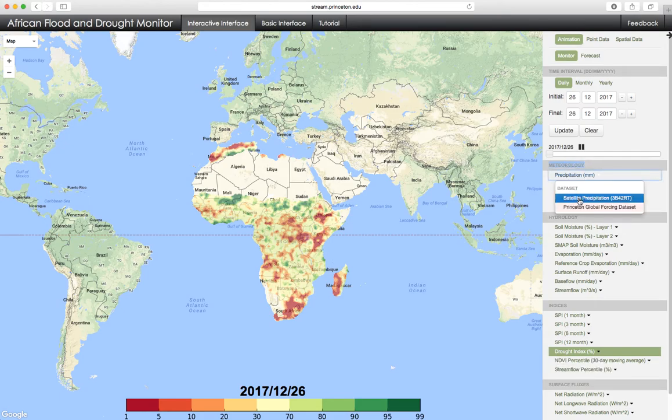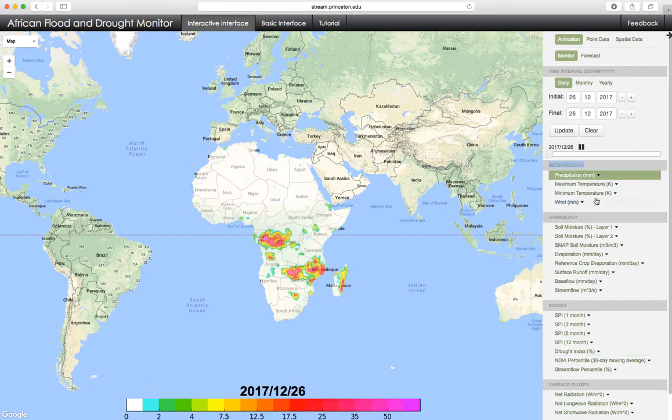And for the data set, we're going to select this satellite precipitation variable. So when we click on that, things change on the map. And we see that there are signals or areas over Africa showing different colors, ranging from white. So most of Africa is white, which means no rainfall was detected, all the way up to these pinks. And pink is where we saw very heavy rainfall in millimeters. This scales in millimeters of rain for a single day. So this is the most recent period. That's the default, December 26th,